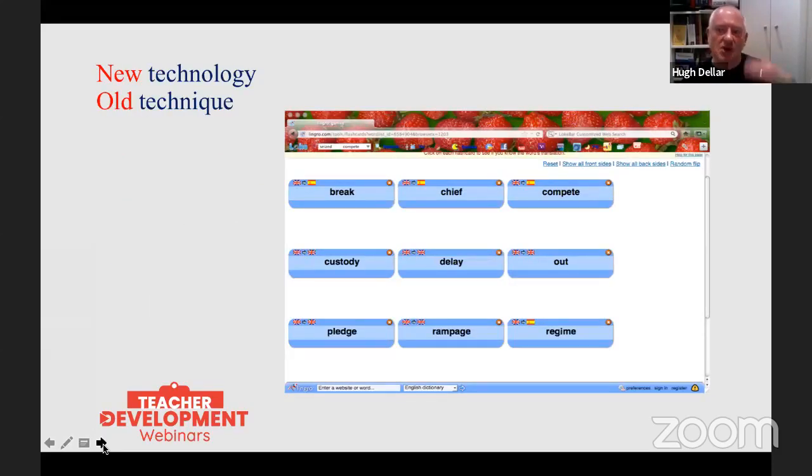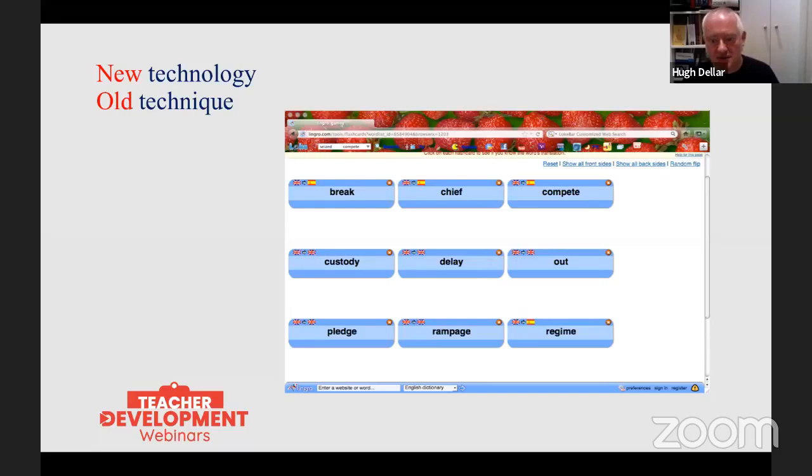On top of this, a lot of what we see is basically just a new digitalized version of very old-fashioned techniques. So I showed you earlier Lingro. If you look up a word, it will keep a list of the words you've looked up, and it can help you gamify these words. Well, what they mean by gamify is they will make very basic cards for you, like the old-fashioned flashcards that you maybe make for yourself, or a bit like Quizlet, but not as good in this case.